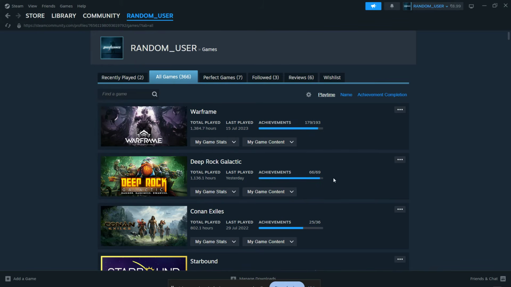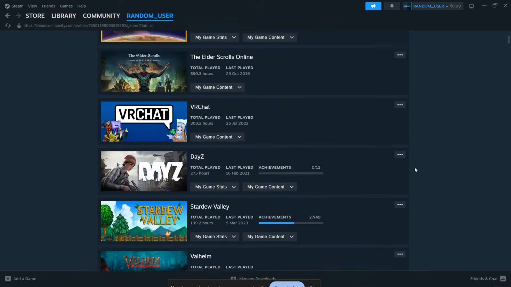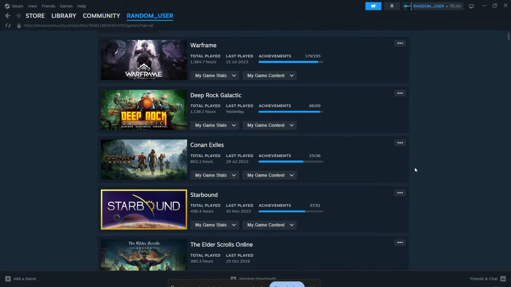This games list is really useful because it shows you your most played titles first, which makes it easy to see where most of your time has gone. If you want to estimate your total Steam hours, you can review the list and add them up manually. It's not as instant as a built-in grand total, but it's the best way to check your overall play history